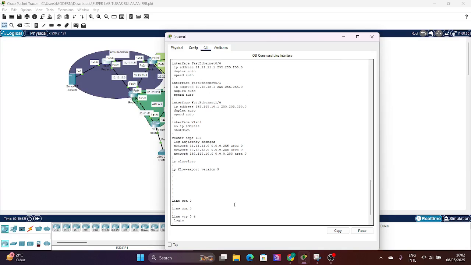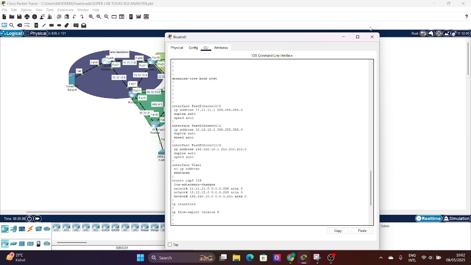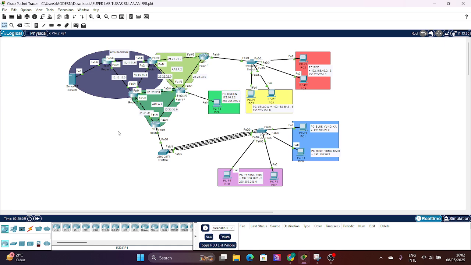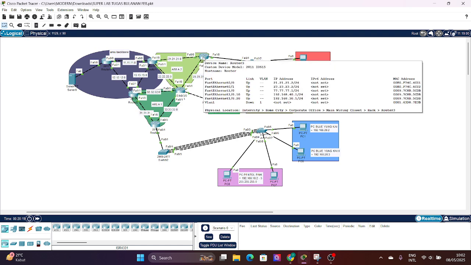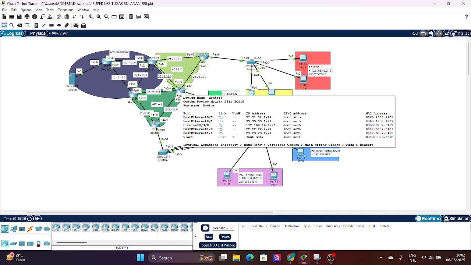Yeah, I already said before, router OSPF area backbone is area 0, and the area 0 is server, router 0, router 1, and router 2, and the area 2 is router 1, router 3, and router 5.